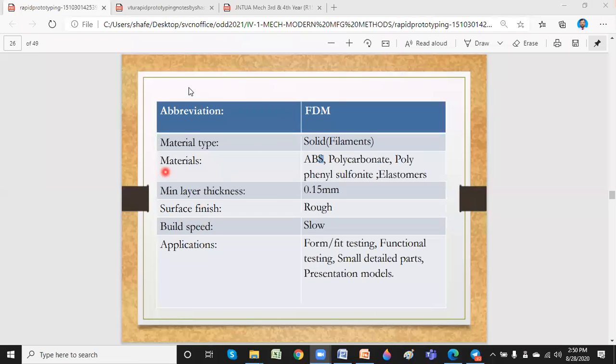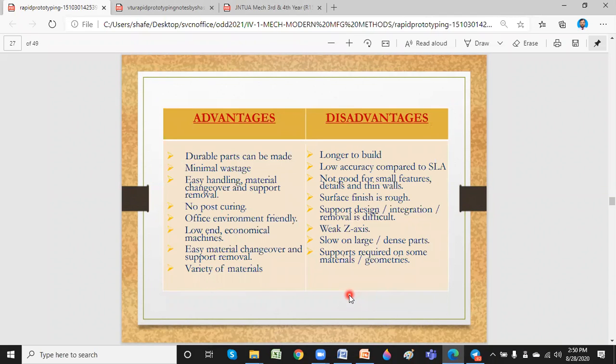Now, are you able to understand what FDM is, and how things are made using fused deposition modeling? What are the basic advantages of FDM? Durable parts can be made, and you have minimum wastage because you have an extrusion head or nozzles, that arrangement where you can get minimal wastage, and easy handling, material changeover, and support removal.